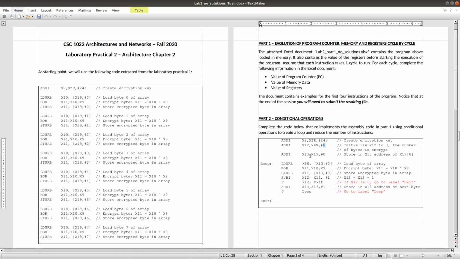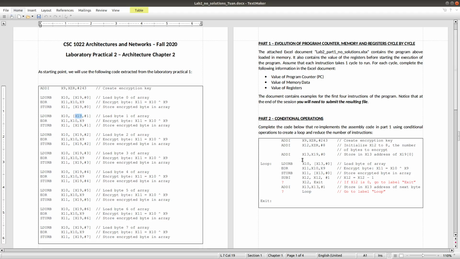And then we will need a register that will be used as the base address. Instead of x19 we will need one more register working as a base address, but that base address will gradually increase one by one, so it will scan through memory 0, memory 1, 2, up to memory 7.